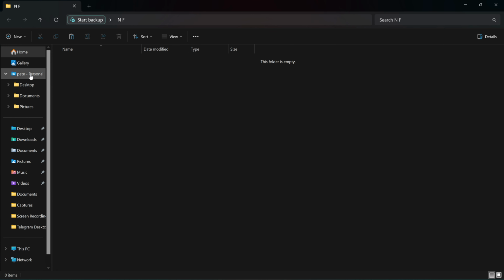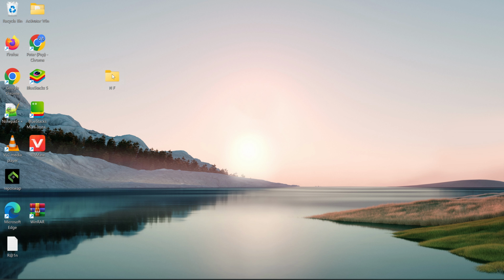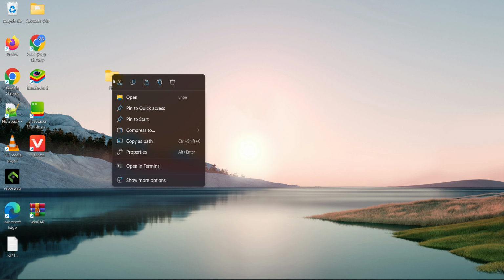Now, assuming there are things you have that you want to skip here, this is empty, there is nothing inside here, you can just drag and drop it here. Assuming you have a picture, a document, videos or anything that you want to be in this folder, you can easily drag and drop. I will make a separate video on how to put files there if you want, but this is just how to hide your folder. Now what you're going to do is to just click on the folder and click on